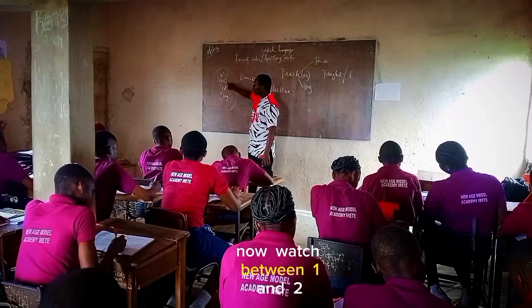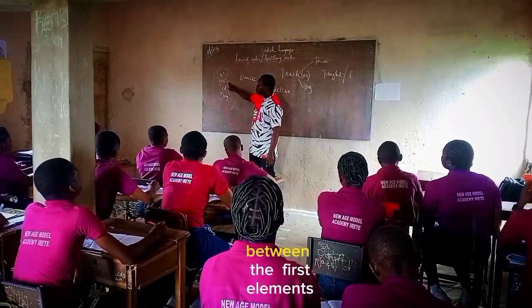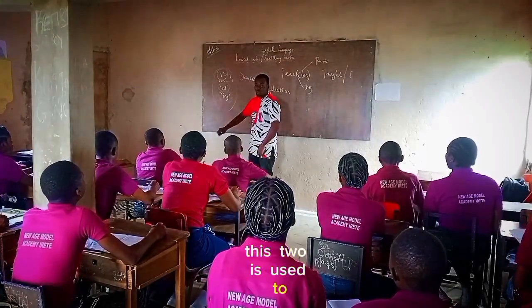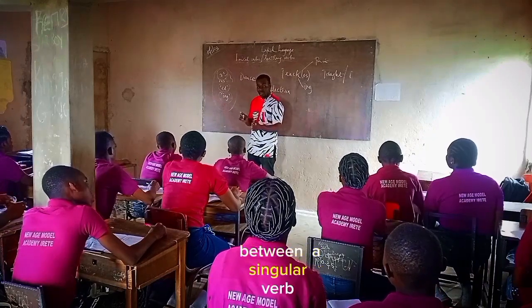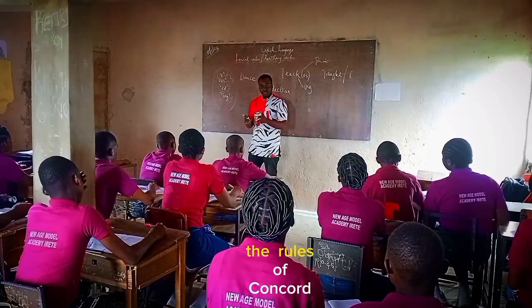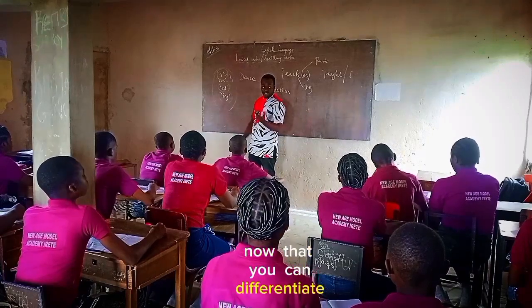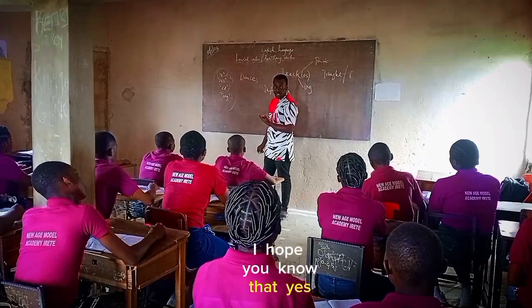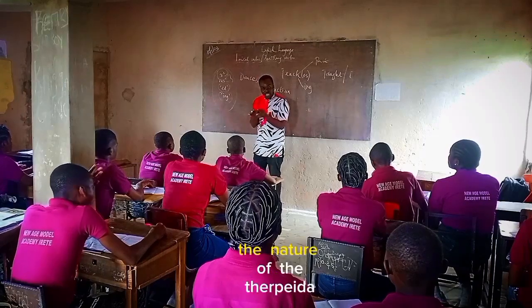Now watch, between 1 and 2, look up everybody please. Stop writing for a second. Between the first element and the second element, this 2 is used to differentiate. Remember what I taught you in Concord. It's used to differentiate between a singular verb and a plural verb. Are you getting it now? Yes. Remember one of the rules of Concord, a singular subject is used with a singular verb. It's in this area that you can differentiate it. When you put S here, automatically it becomes a singular verb. I hope you know that. Yes. Take note of that, please. So the inflection also affects the nature of the verb, either as a